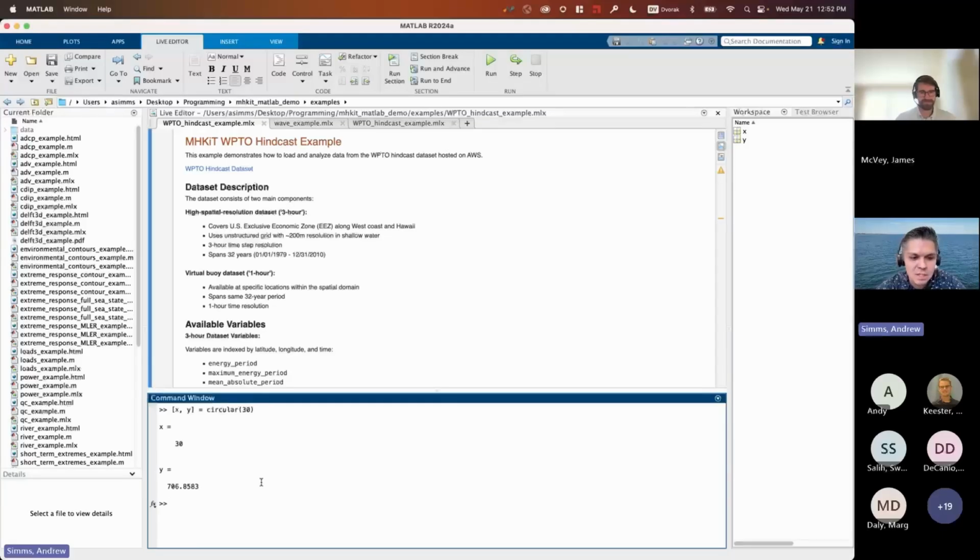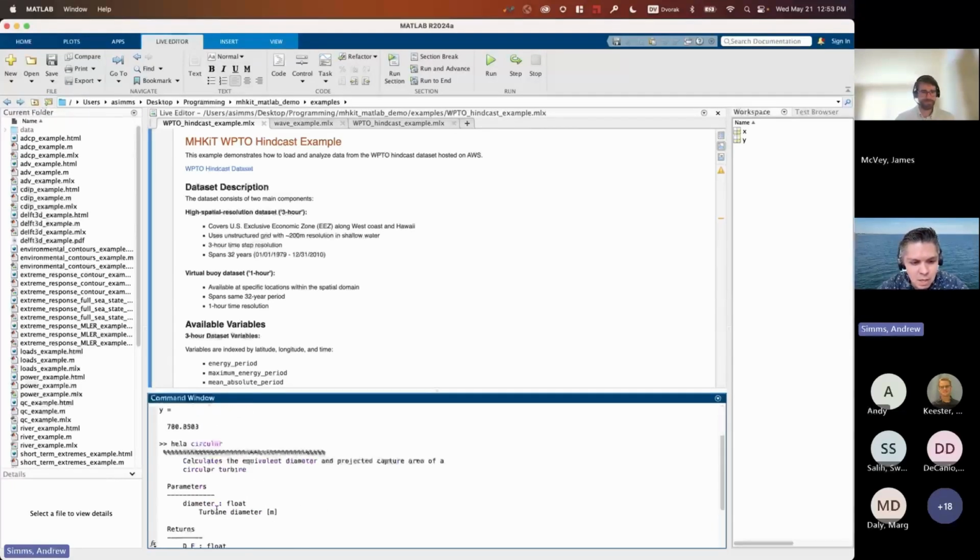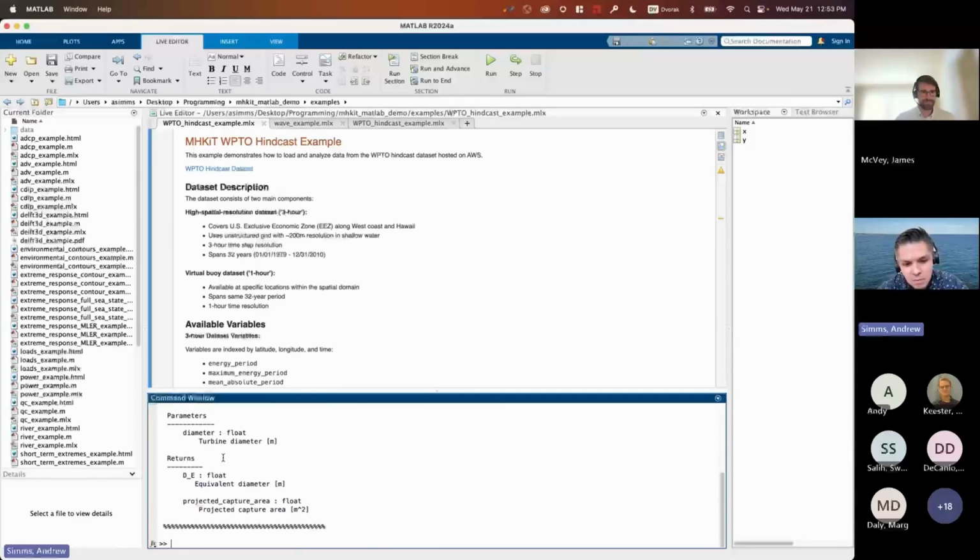So to kind of start this discussion here, the first piece of this is, what can I do in MATLAB? One of the first things you can leverage is the help command. If you know what functions exist, and I can show you what functions exist in a second, you can just type the help command and you can get the doc string from the function, or you can just open the function